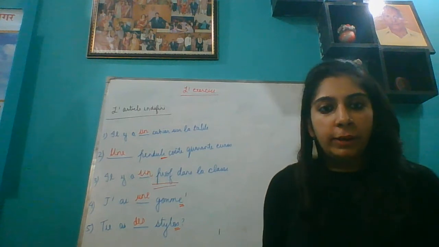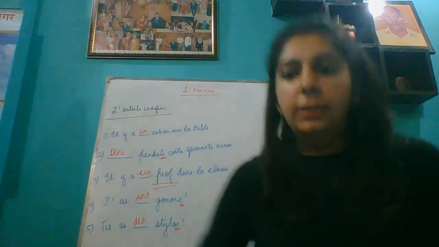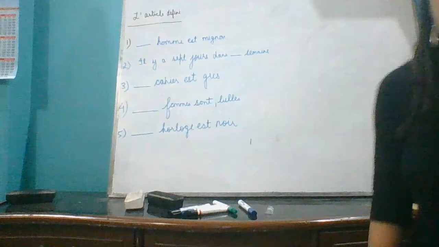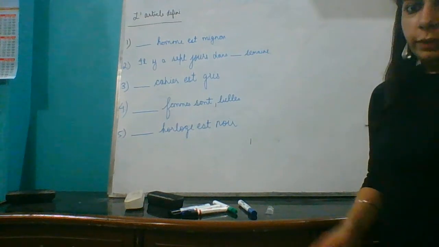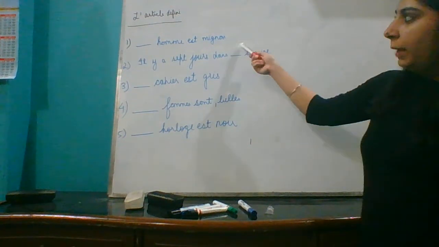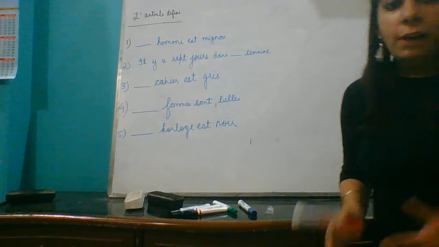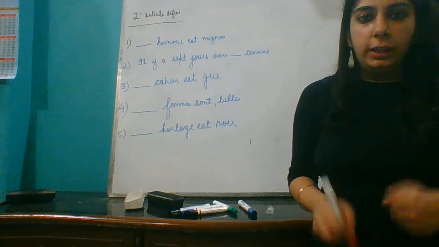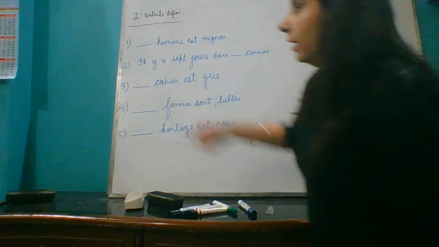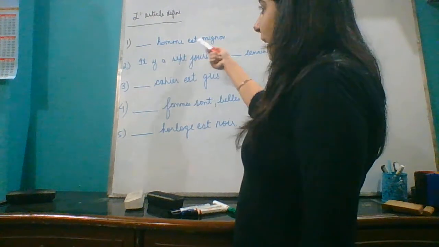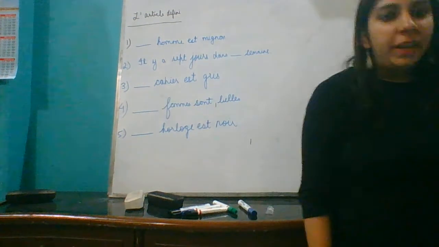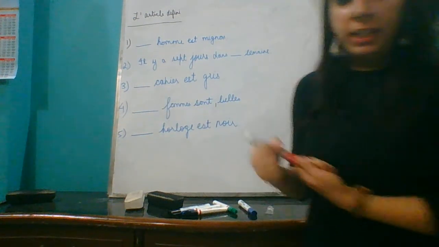Now we'll move on to an exercise for definite articles. So now if you can see on the board, I have made five sentences in which you have to fill in the definite article. Let's begin with the first one. Dash homme à minion. Now what you have to see is the noun is beginning with a